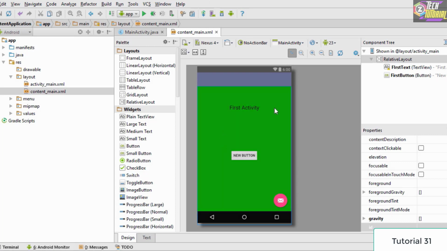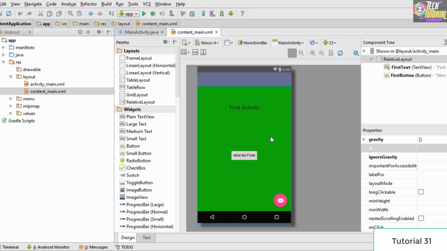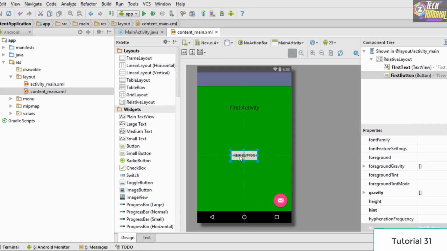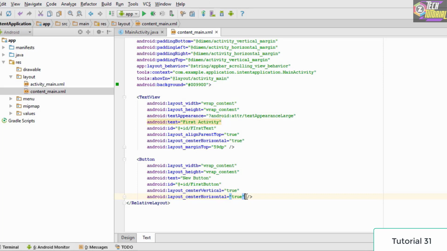Now as you can see our first activity is ready. The next thing we want to do is that when we click this button something should happen. There are two ways to do that. The first way is by adding an on-click listener or on-touch listener to this button, but instead of doing that we have one more simple way. In order to handle the click event of this button, we go right here to the text view of the XML, then we go inside the button right over here, and then we type